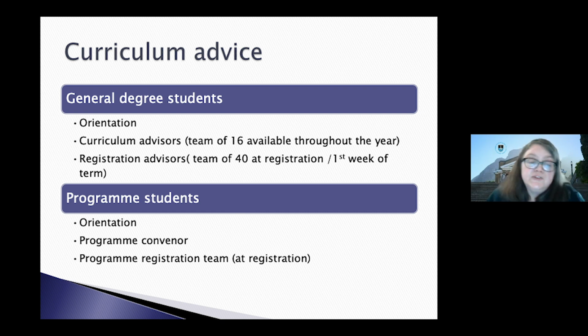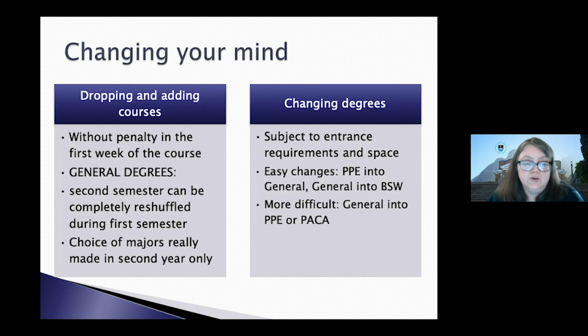Okay, you also have a certain amount of space to change. You can always change your mind about the courses that you're doing more easily in the general degrees than in the structured programs. You can change your majors all the time in first year, seriously, like changing your underwear in first year. You should be doing a lot of changing. You should be trying things out and finding out what works. If the course that you were doing, you didn't like that much, and you decide you don't want to major in it, it'll still count as an elective, it'll still count towards your degree.